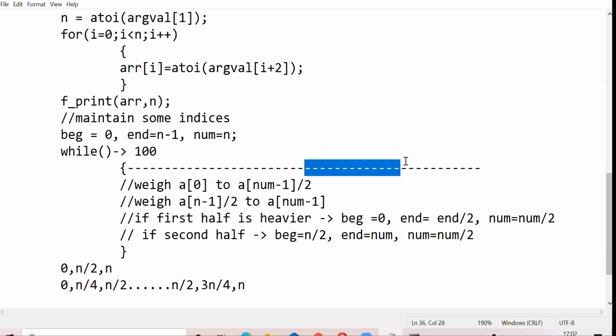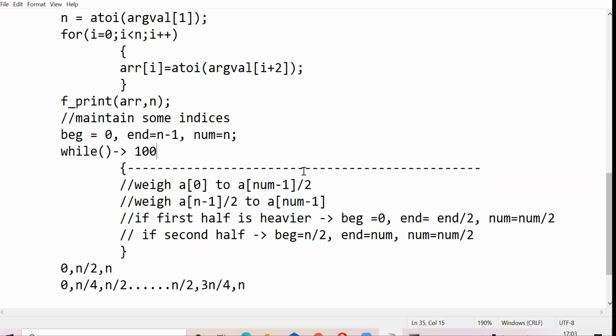Since we haven't discussed recursion, if you want to do it recursively, then you can keep changing the values of this beginning and end in a recursive function.